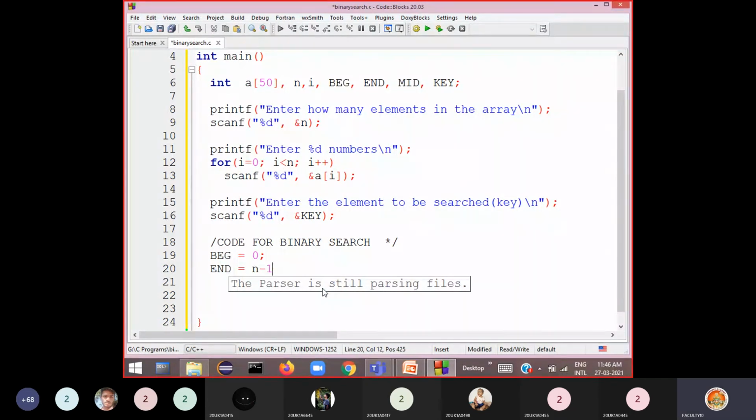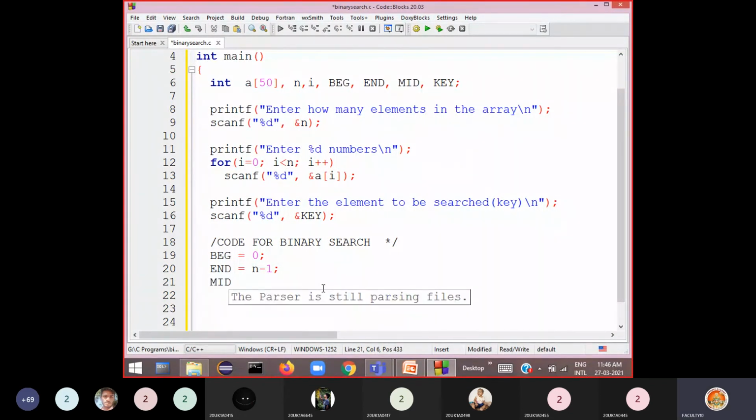So 10 elements means the last element location is 9. That's why n minus 1: end is equal to n minus 1. Then immediately you calculate the mid value. Otherwise, inside the loop also you can calculate.